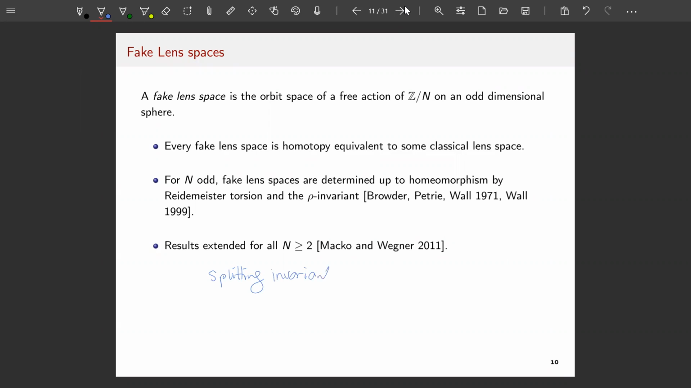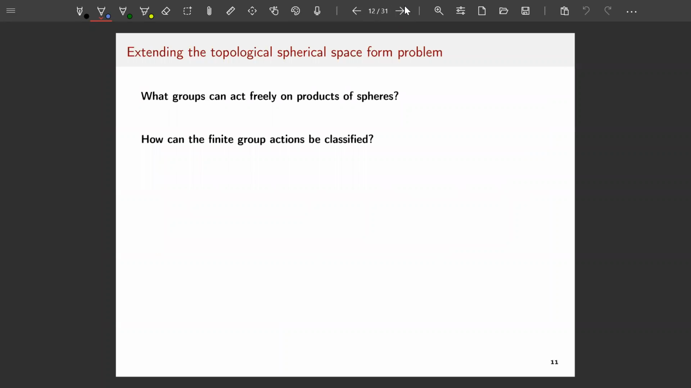So we have this collection of invariants for fake lens spaces. Okay, so where do we go from here? We have this very interesting story about actions on odd-dimensional spheres. So you might ask, what about products of spheres? There's a lot of different things you could say about products of spheres. I'm going to focus on the case of the product of two odd-dimensional spheres of the same dimension,